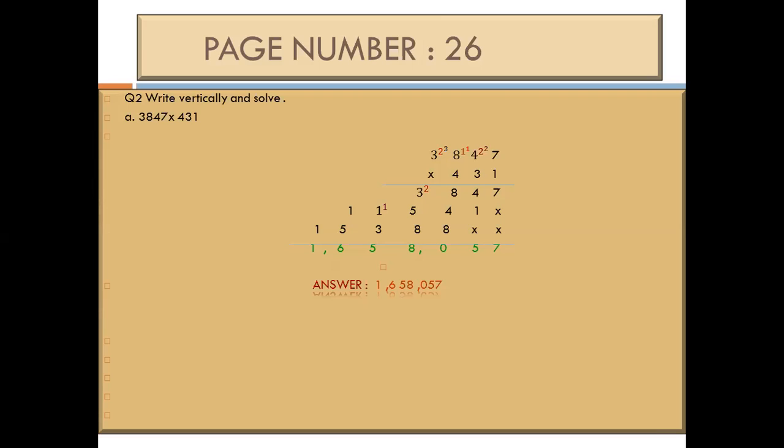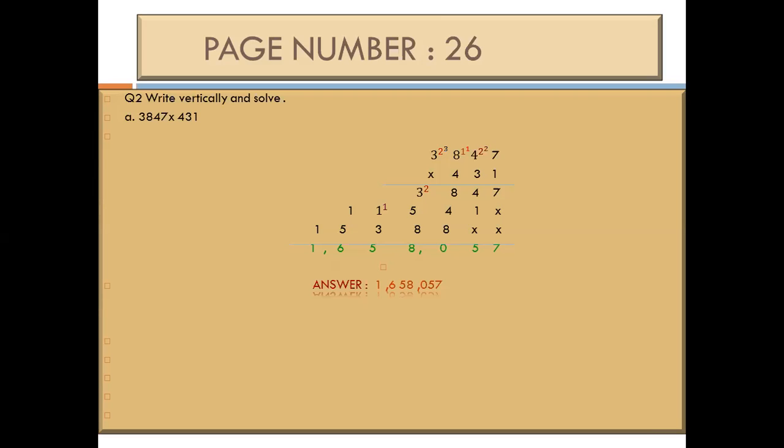But now we come to the 100 place. The 4 is on the 100 place. We start multiplication there, but first two places, ones and tens, will be empty, and we start from the 100th place. 4 sevens are 28. We write here 8 and we carry 2 on 4. 4 fours are 16, 17, 18. We put here 8 and we carry 1 on 8. 4 eights are 32 and 1, 33. We write here 3 and we carry 3 on 3. 4 threes are 12, 13, 14 and 15.